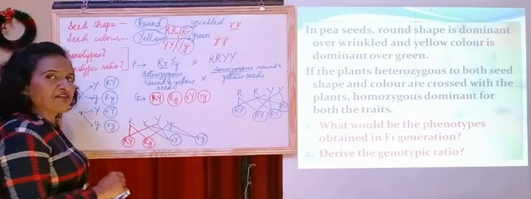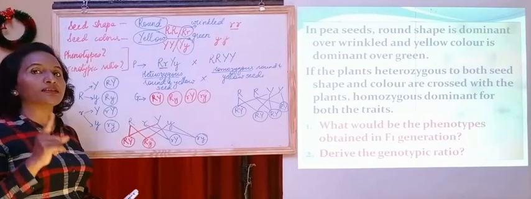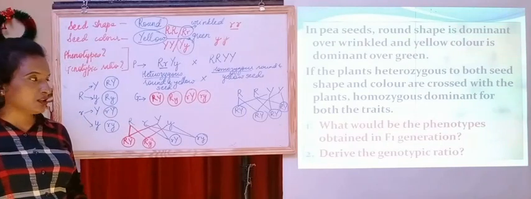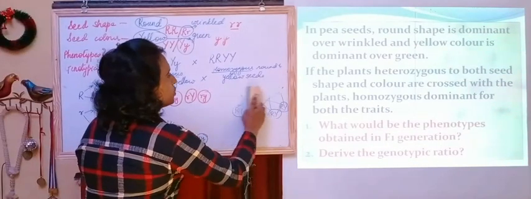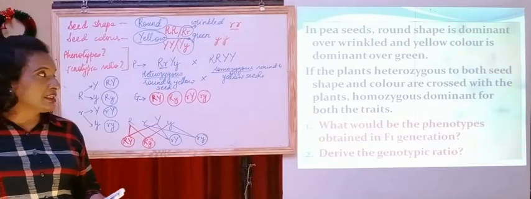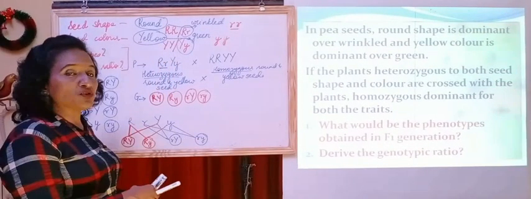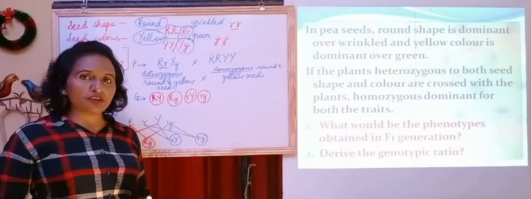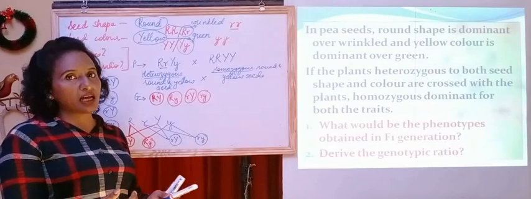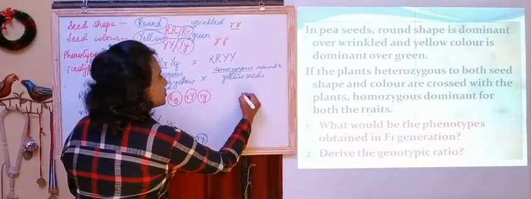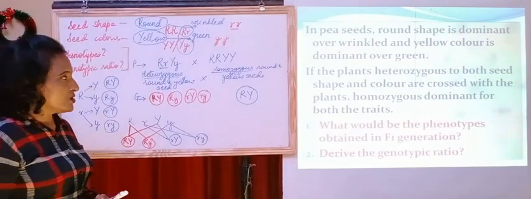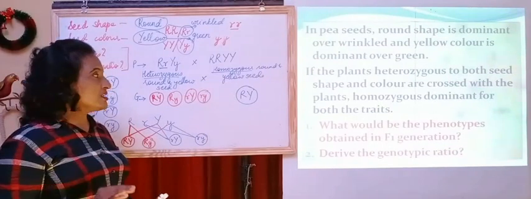So, what I will do, I will take only one gamete, since all the other gametes are exactly similar to each other. We can take all the 4 gametes, but in the F1 generation, when we find out the genotype, the same type of offspring we would obtain. So, better to use only one gamete when similar gametes are formed from each parent. So, this will be capital R, capital Y. I have mentioned only one because they are of a similar kind.